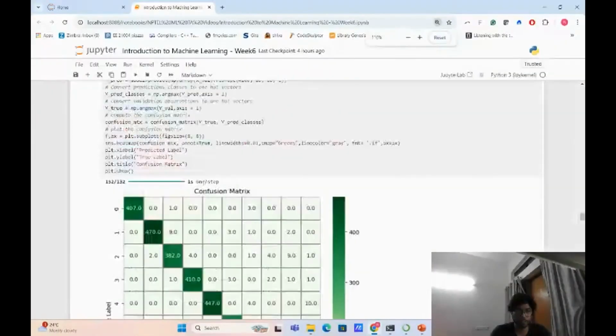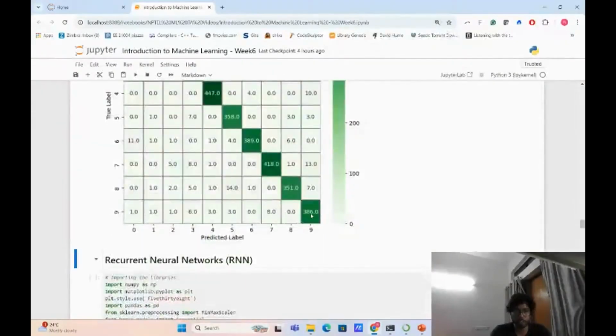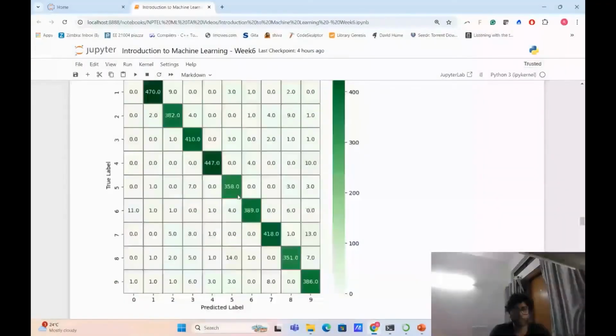So I'll just quickly say that, okay, this row means that this is actually 9 and also predicted as 9. So you have 386 samples which are actually 9. You have 8 samples which are actually 9 but are predicted as 7, right? Accuracy and so on by using